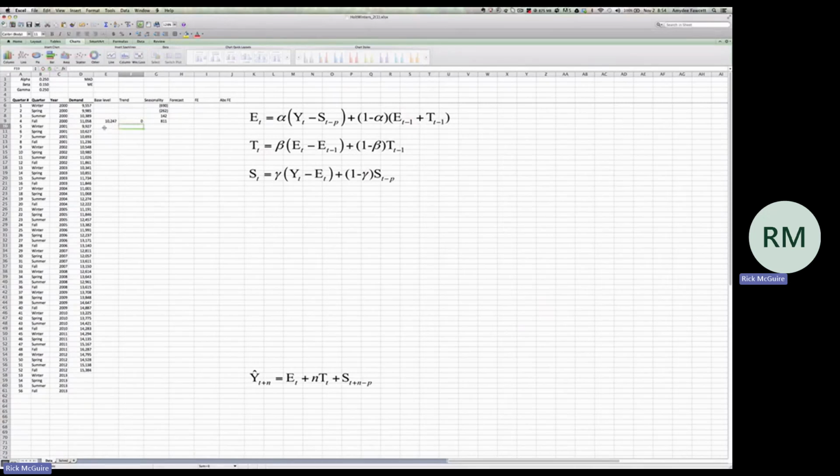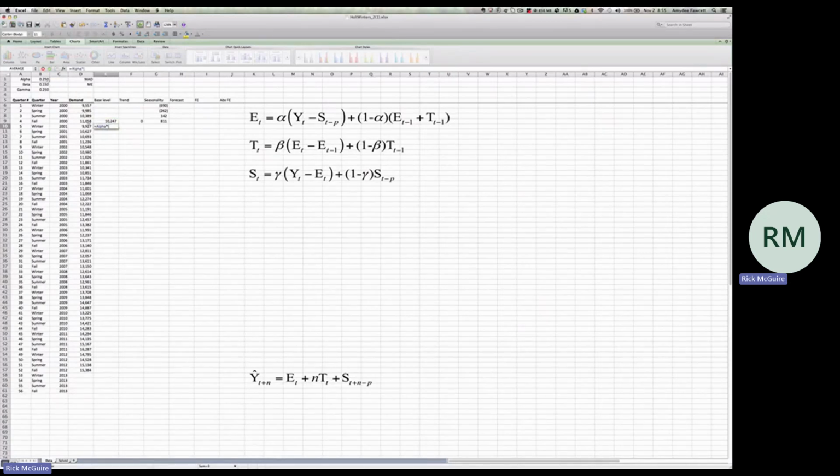So now that we have done this, we can go ahead and calculate weighted moving average estimates for the base level, trend, and seasonal components. And remember, to do that, we first need to define our weighting factors alpha, beta, and gamma. I'll just pick some arbitrary values here for now, 0.25, 0.15, and 0.25. So with that being done, let me go ahead and start out by taking a look at the base level, which is alpha times